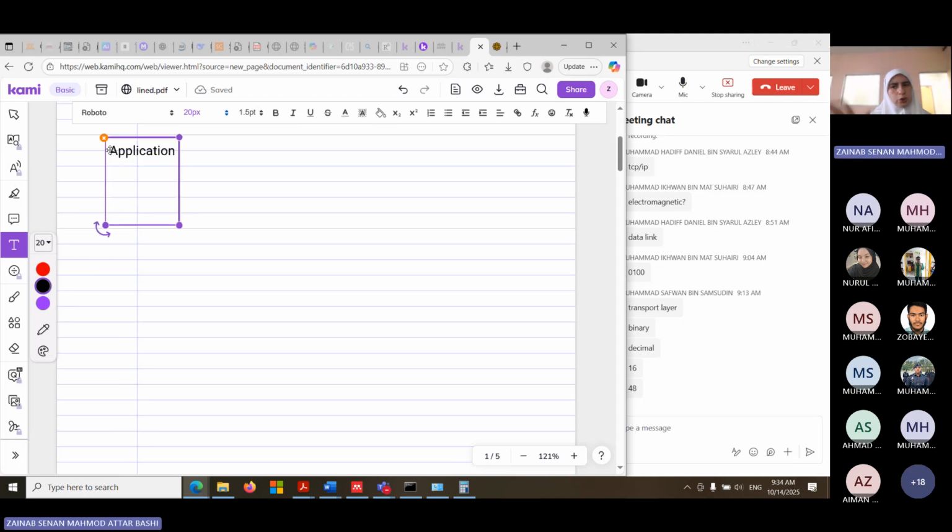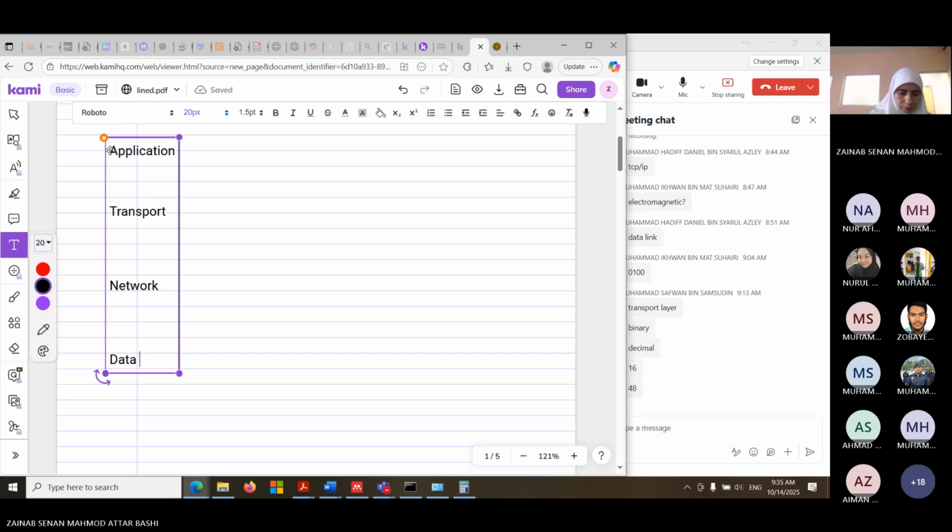I don't use presentation and session separately because in one model, TCP/IP, the session, presentation, and application are all one layer. So I prefer to consider it as one. Then transport layer, then the network layer, then the data link layer, and after that, the physical.